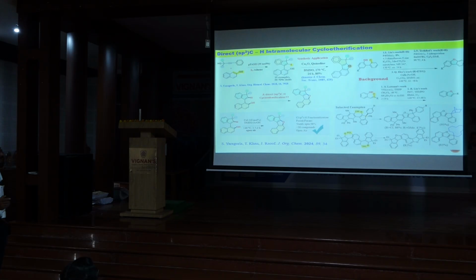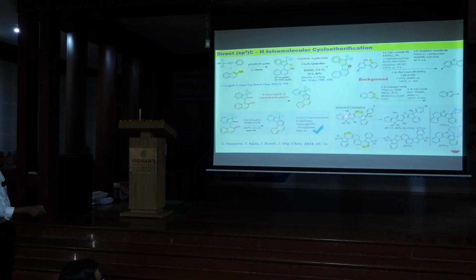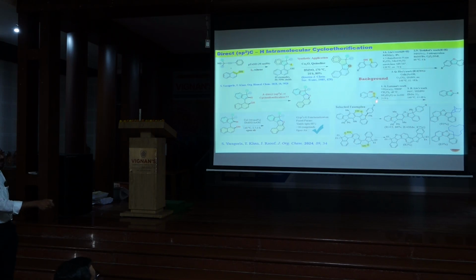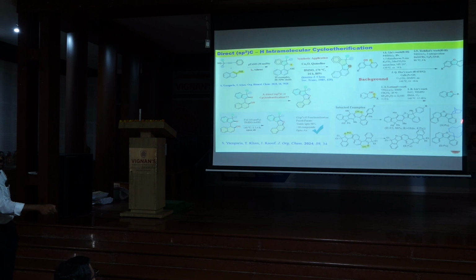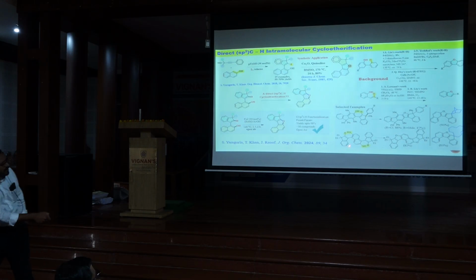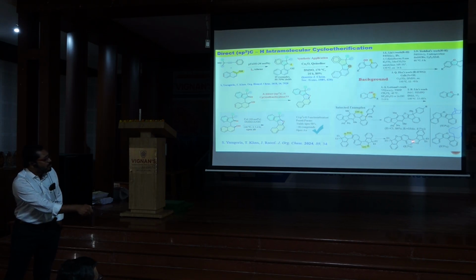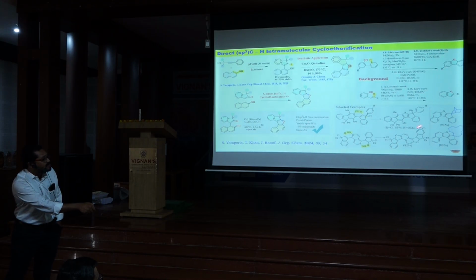Of course, the reaction was quite general. For example, if you have a system like this, the starting material here was showing atropisomerism because there was a stereogenic center here and sterically hindered biaryl systems. The moment you subjected it to cycloetherification, the system becomes planar and lost the atropisomerism. And as usual, you can also install several spiranes at this quaternary center. And on both sides, you can see that 1,6-dihydroxynaphthol is there, so you can do cycloetherification this side and this side to produce scaffolds of this sort.